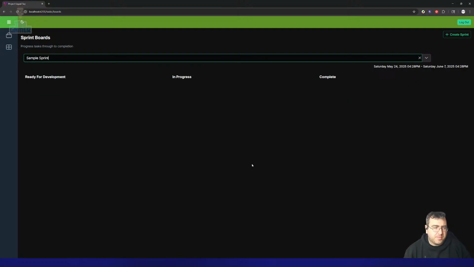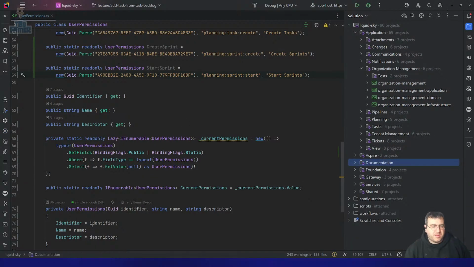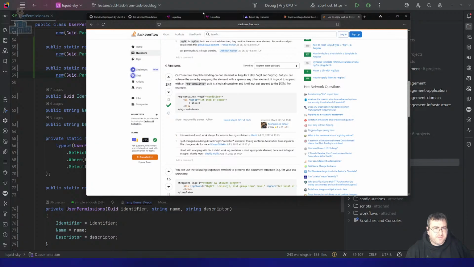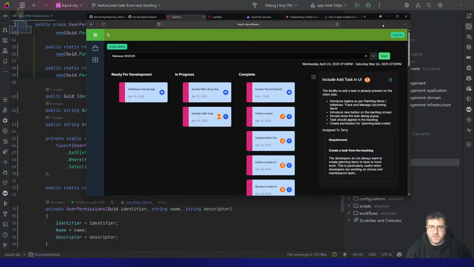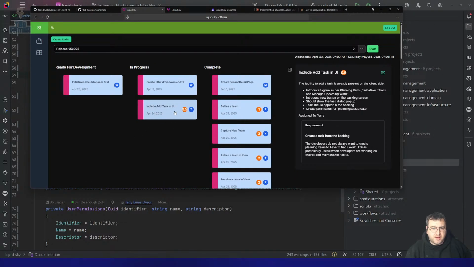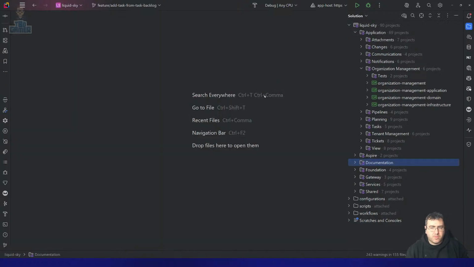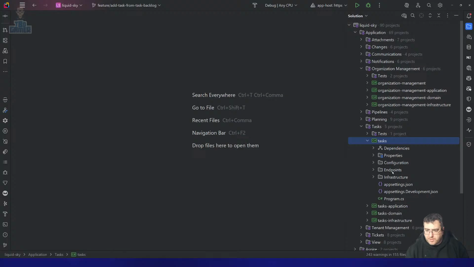So yeah, trying to expand out the usage of the permission system. It's not really an ideal way of doing it, but I figured that it's probably worthwhile doing some of these things because it does help organize the system a bit. I've done that as include add task in UI. It's a minor thing, but I've done a lot of things in it, which is again normally what I would not advise. On that point, though, I do need to go in here,